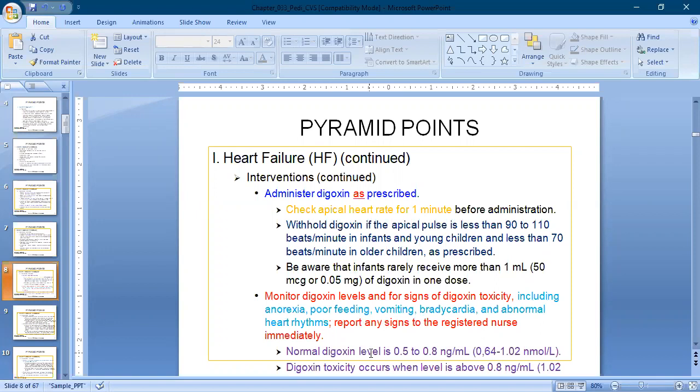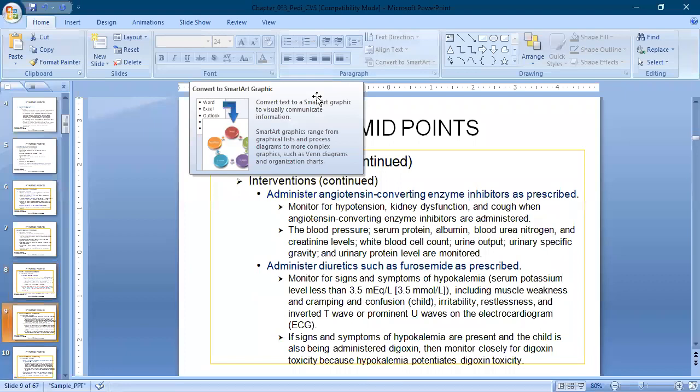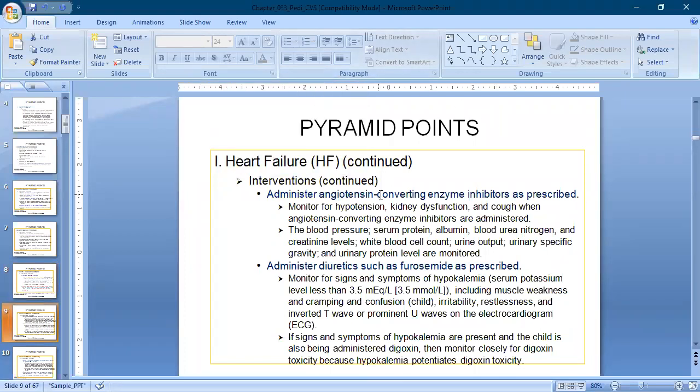So a normal digoxin level is 0.5 to 0.8 nanogram per ml. But if the digoxin level is more than 0.8 nanogram, it indicates digoxin toxicity, right? So what else? What are the other treatment options in case of heart failure? As I told you, we give them